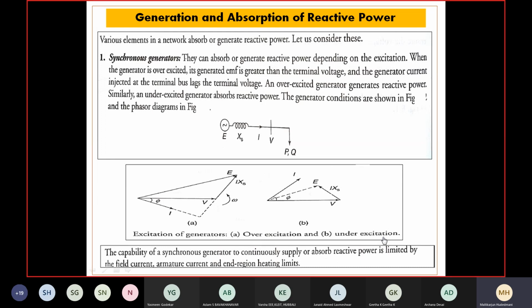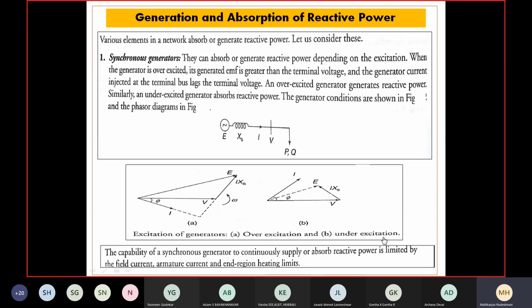Reactive power is basically generated by the synchronous generator. We all are aware that synchronous generators are basically meant for active power generation to meet the requirement of the loads. Apart from that, they have an ability to develop reactive power to pump into the grid depending upon their capability. So when we have a synchronous machine which is going to operate over a wide range of excitations,